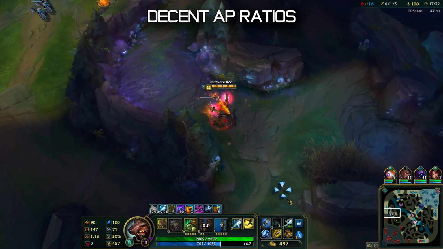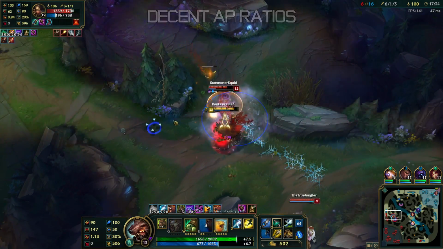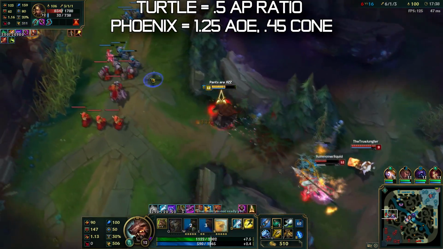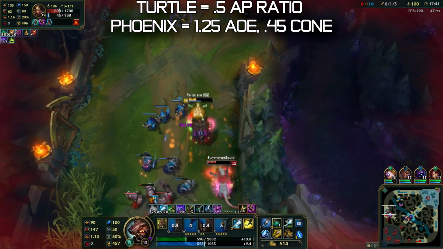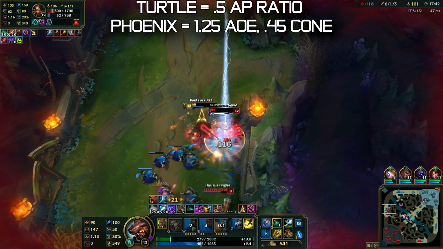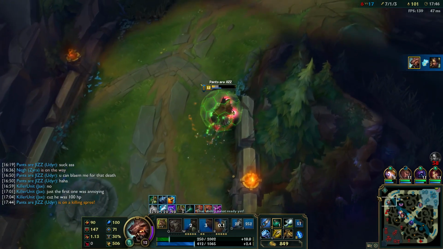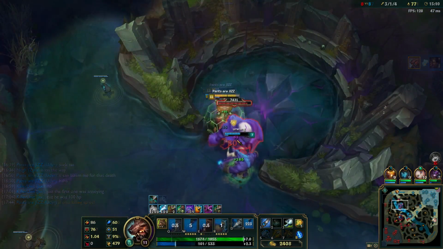people. And next up, he actually has decent AP ratios. I thought he had pretty shitty ones, but actually they're somewhat decent. You've got a 0.5 on the shield, and you've got a 1.25 on AoE of Phoenix, and you've got a 0.45 on the cone. So, you know, it's pretty good. Of course, you don't want to build full AP Udyr because you'd be very squishy, as you're a pure melee